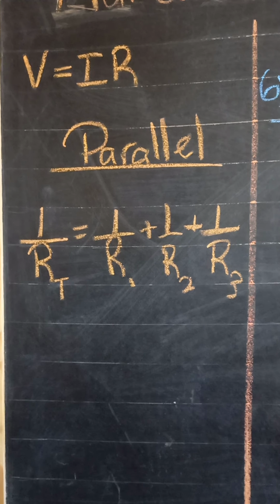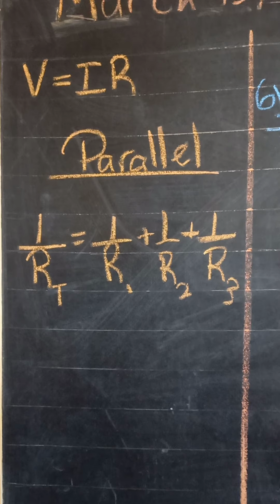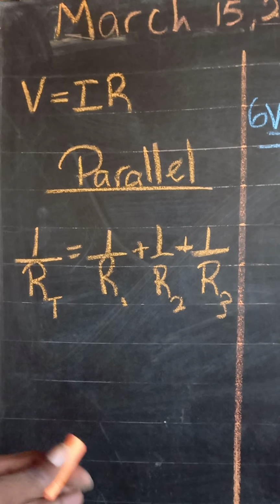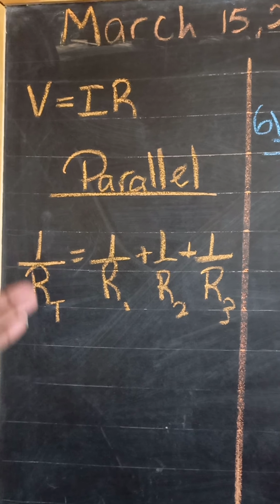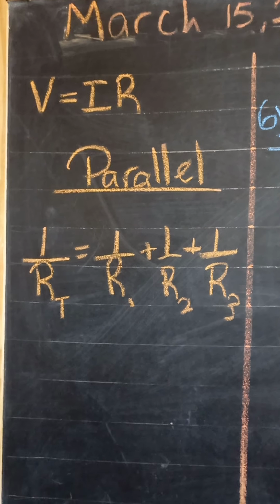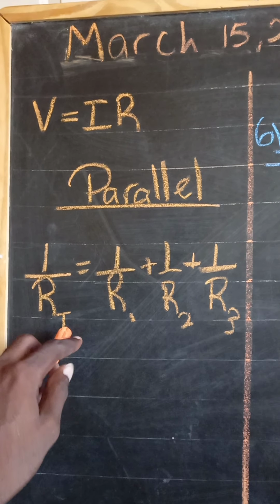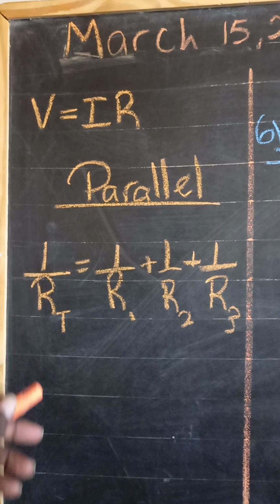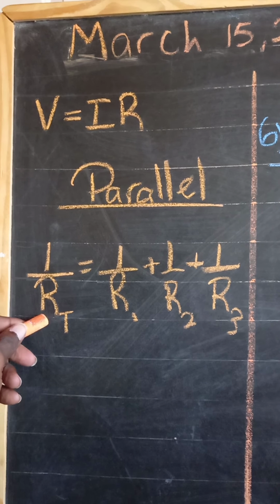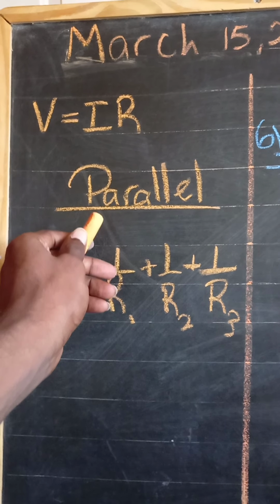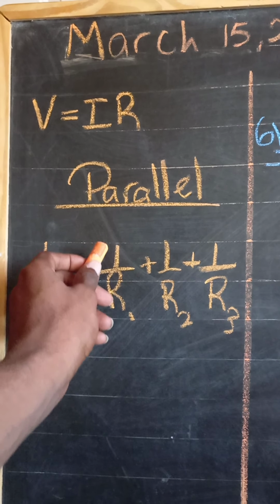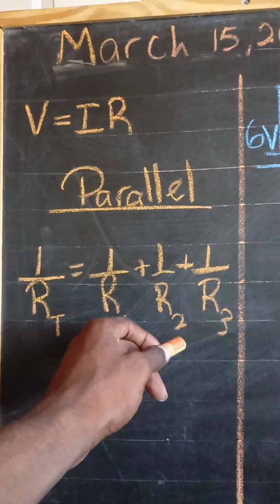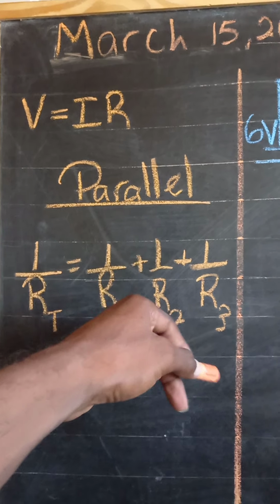So we looked at resistance in the series circuit. We say that resistance in series circuit, the formula for it is total resistance is equal to R1 plus R2 plus R3. However, we derived the total resistance in a parallel circuit last class. Now, this is a formula that 1 over the total resistance in a parallel circuit is equal to 1 over the first resistor plus 1 over the value of the second resistance plus 1 over the value of the third